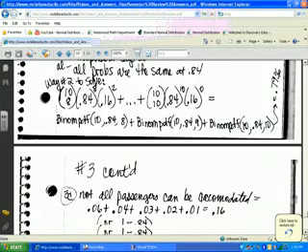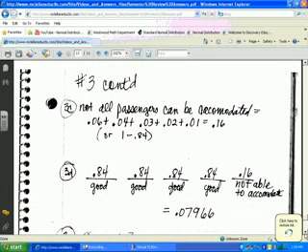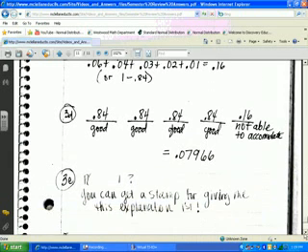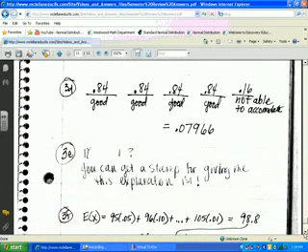Alright. Next one, not all passengers can be accommodated. Well, that's all the rest of those probabilities, the opposite of 3A. And then 3D, what's the probability that the first 4 flights are okay and you wouldn't be able to accommodate everyone until the 5th flight? Right there, I laid them all out. The first one's good, the second one's good, the third one's good, the fourth one's good, the fifth one can't accommodate everybody, and so that's that probability.